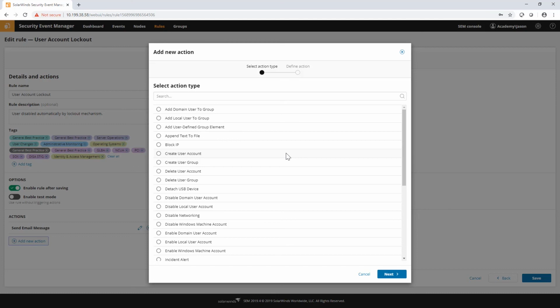But what if you want to choose one of these actions that are not Windows specific, such as block IP? This will essentially tell your firewall to shun an IP address based on this rule firing. We don't know what firewalls you have, and there's no agent to install on a firewall, so this is something you have to configure manually under the nodes page and then the managers connectors subpage. You have to go there, configure the appropriate active response type connector for your firewall or your other device that you want to send a command back to. That's just an important note when you're talking about rules and actions and that sort of thing.